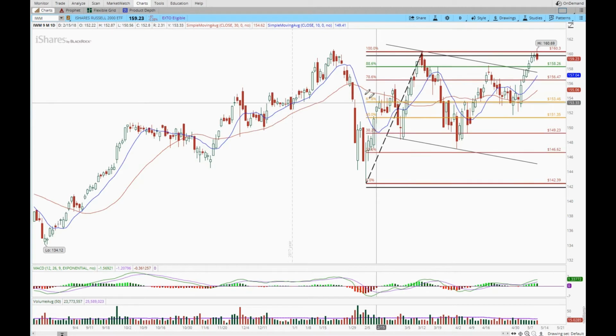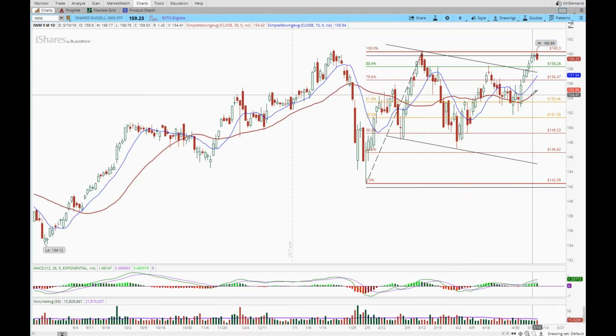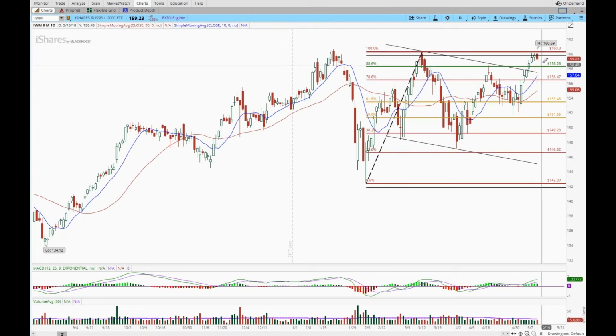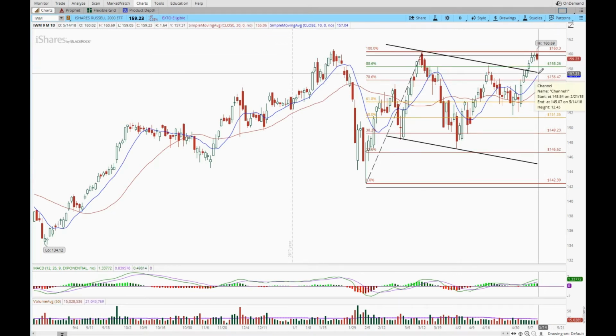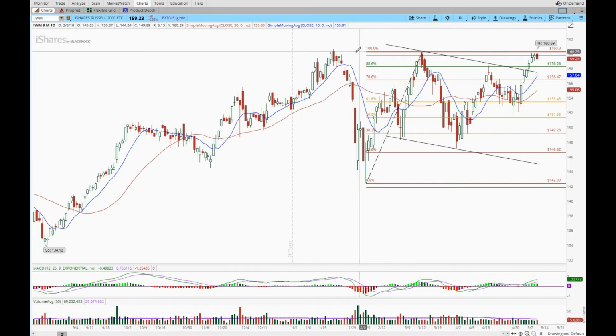It's possible that it tries to reach the 30 days moving average, but everything indicates that it could go up. We do have an ascending triangle here,